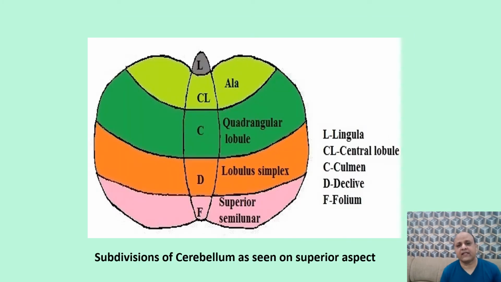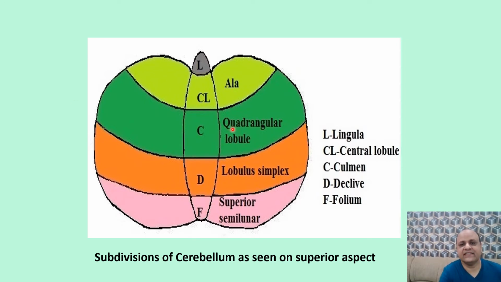So when we look at the cerebellum from the superior aspect, this is a diagrammatic representation, we find that there are two cerebellar hemispheres and there is a central vermis. So this central vermis has got parts, and when we look at the cerebellum from the superior aspect, we can make out the following parts: